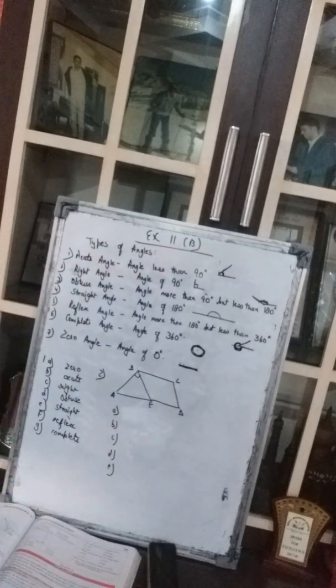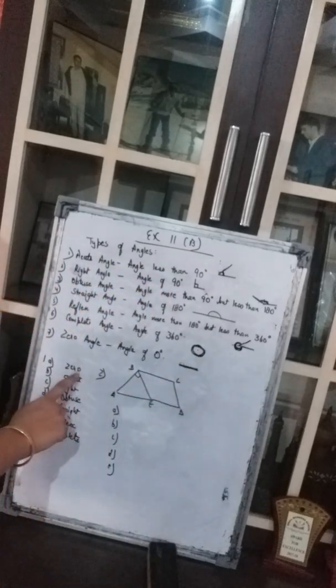After this we come to the first question. First question you will do it in the book only. Okay. So here A part they are saying the fan is closed. Closed means both the lines are coming on top of each other. So which angle will it be? It will be 0 angle, when it is closed. Then B part. B is okay, this one.